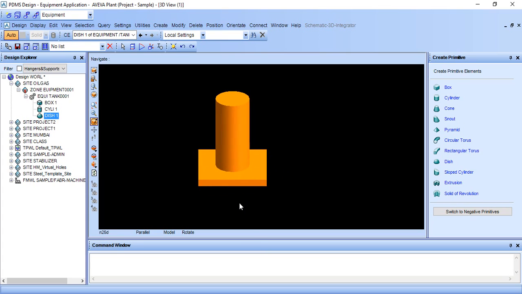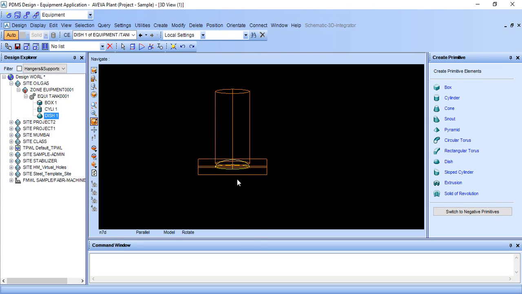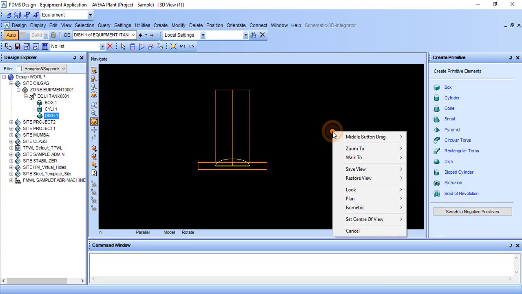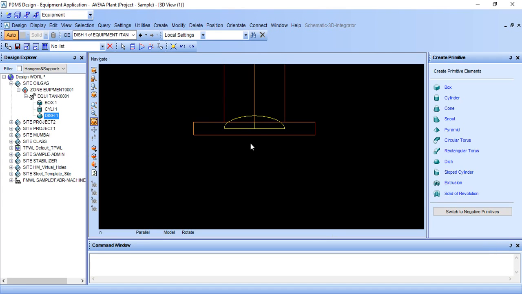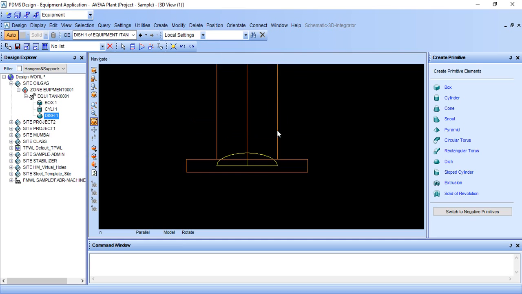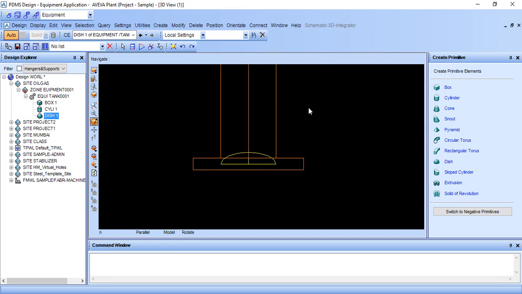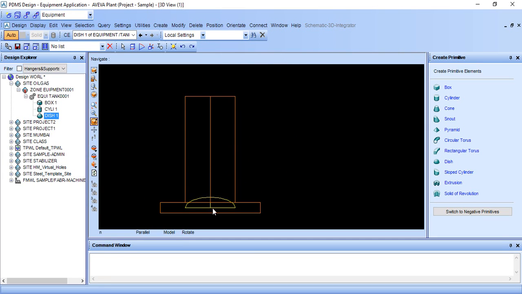So here it is not showing. Press the F8 button, you will see something at the bottom, and right click, go Look North. So it is clearly visible, it is on the bottom side. So go to Connect Point, we want this face on this surface.